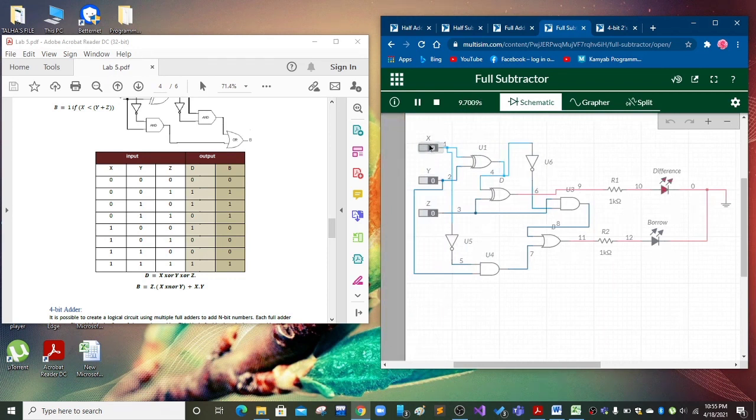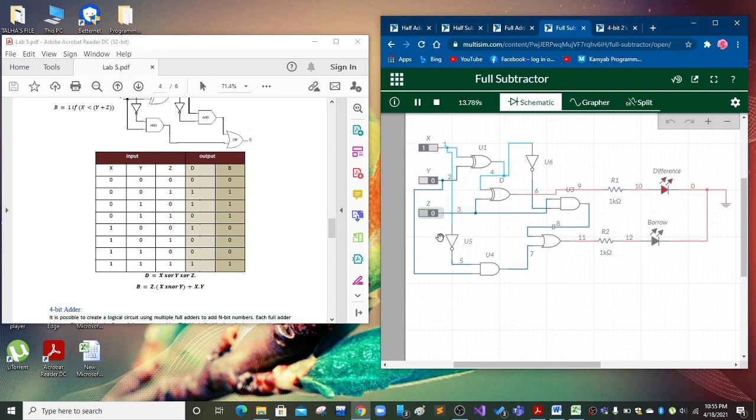When all the inputs are 0, our output, that is difference and borrow, is 0, and when the Z input is 1, the difference and borrow output is also 1, and when the Y input is 1 and the others all are 0, the difference and borrow are also 1, and when Y and Z are 1 the borrow is 1 and the difference is 0, we can check it from the truth table, and when X is 1 and all the other inputs are 0, the difference is 1 and the borrow output is 0,